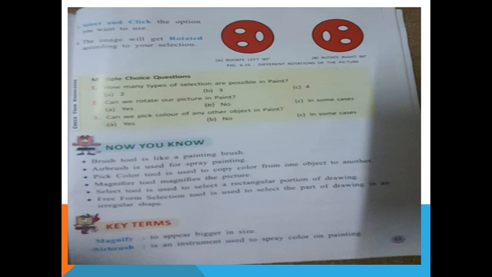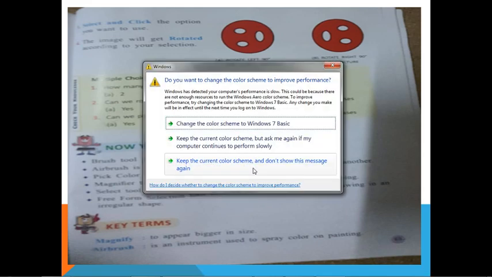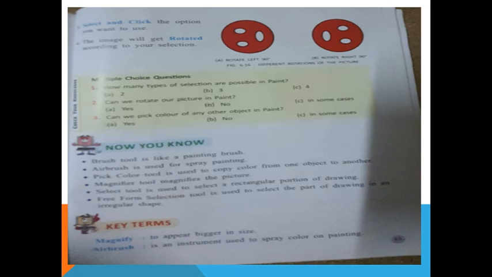Click home tab, click rotate from image group, a drop down menu screen appears. Now you continue this third point. Select and click the options you want to use. The image will be rotated according to your selection.